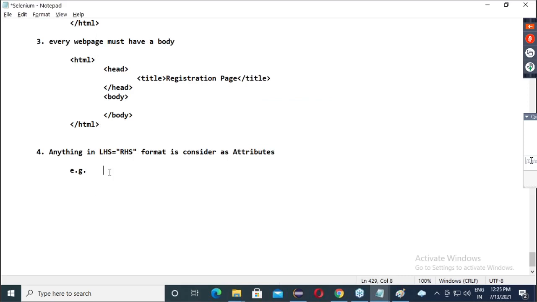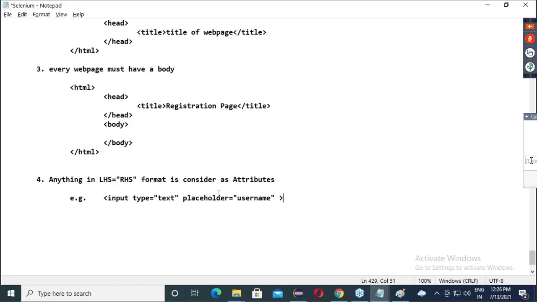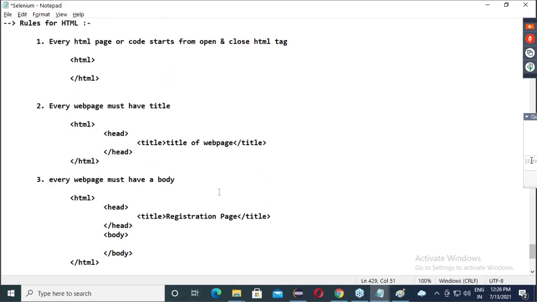So can I say guys here placeholder is an attribute? Type is an attribute. Text is a value of type. Username is a value of placeholder. Is everyone clear? Confirm? So, we will see next components we will add.